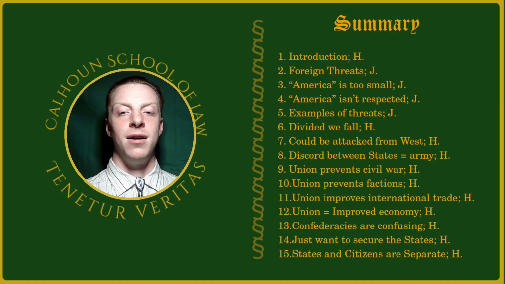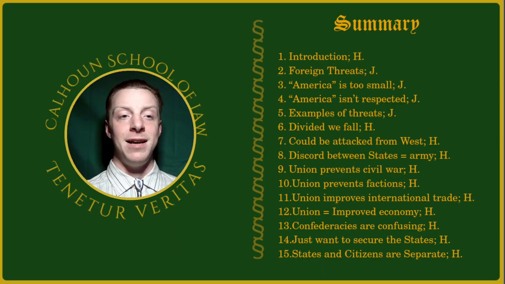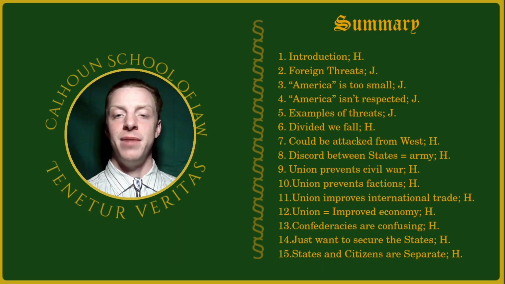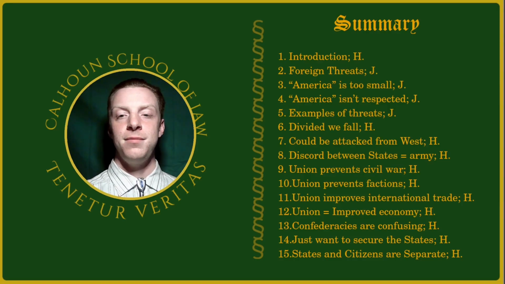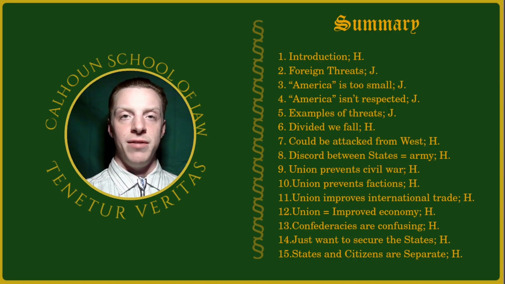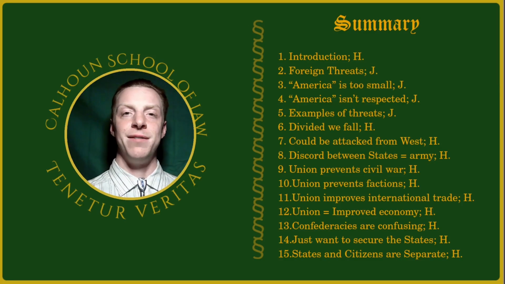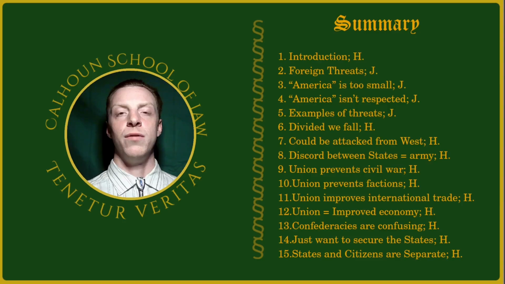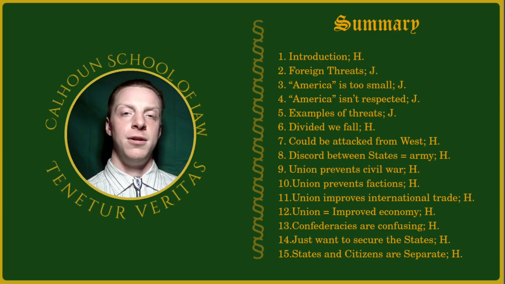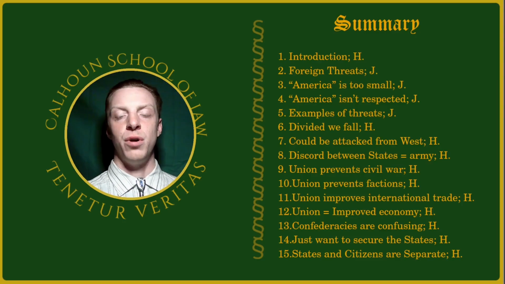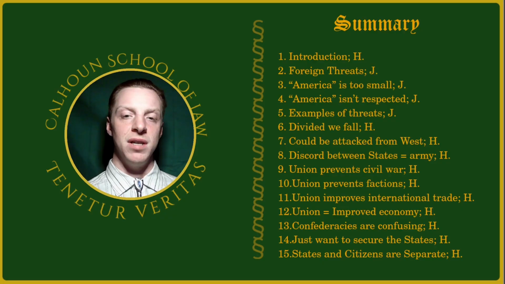Number 8, discord between the states, from Mr. Hamilton, addressing what would inevitably come about 80 years later, despite the proposed new government that he advocated for being implemented, obeyed, and followed. Because the individual state sovereignties were maintained through the Articles of the Confederation, he argued that the different states and their different interests would inevitably lead to a required army, a required union enforcement appendage that could keep the states in line.